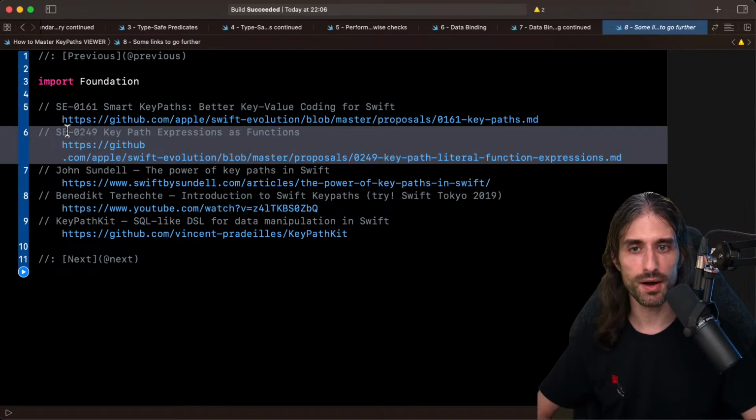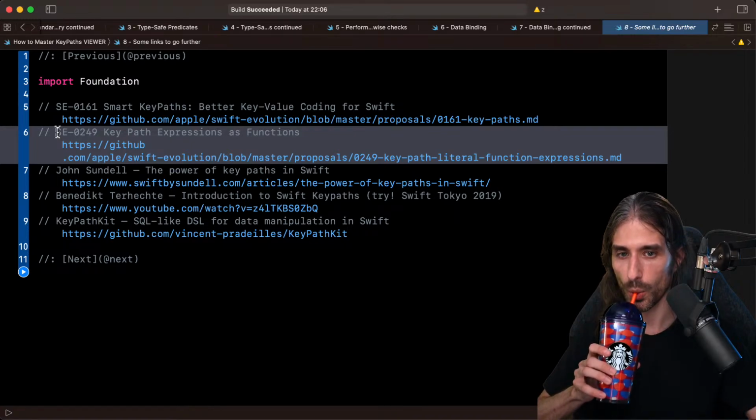This second proposal is about the code that turns key paths into functions, which I've showed you at the beginning. It also explains why they implemented it, the alternatives they've considered, and the potential issues it could raise that they have to take into account. So it's very interesting. It gives you this kind of nice backstage look into how Swift has evolved.